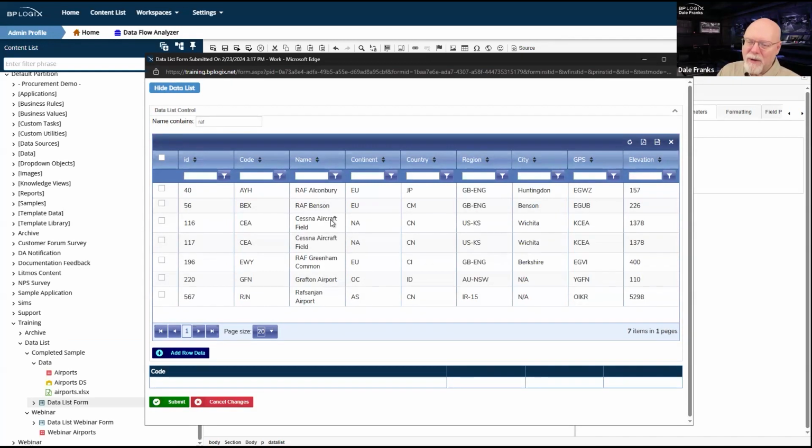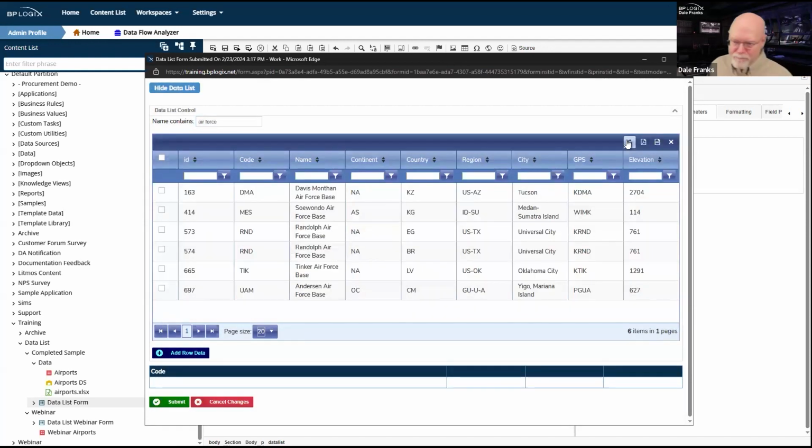Well, there's also aircraft bases that are in the system. So if we go Air Force, I should be able to pull just US Air Force. Now, this is not a filter that we're applying. Remember, we are actually now filtering. Well, it is a filter technically, but it's not one of these filters.